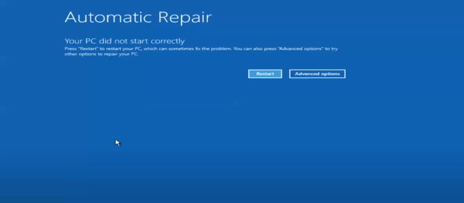Okay guys, so if your Windows 10 or 11 doesn't want to boot, there is a way to fix this. You need to access the option Automatic Repair. So how to access this option? Try to restart your computer 3 times, or simply hold the power button on your laptop or keyboard, and hold it while